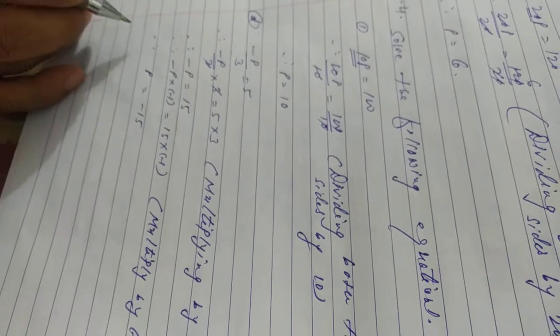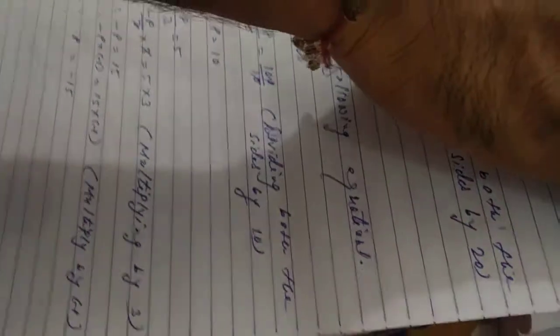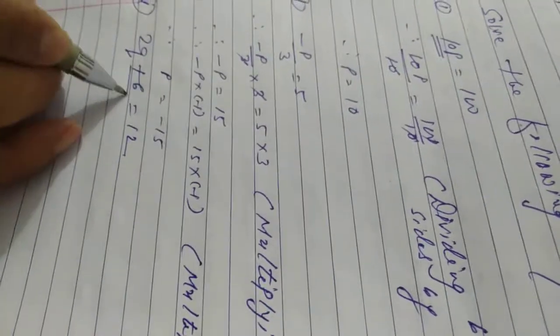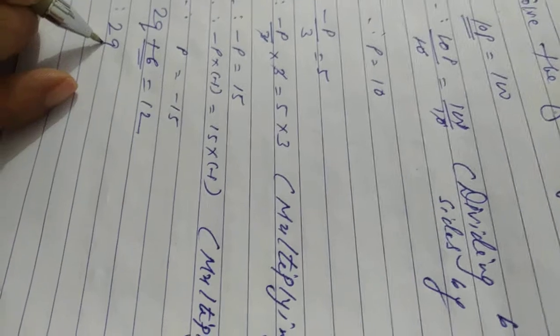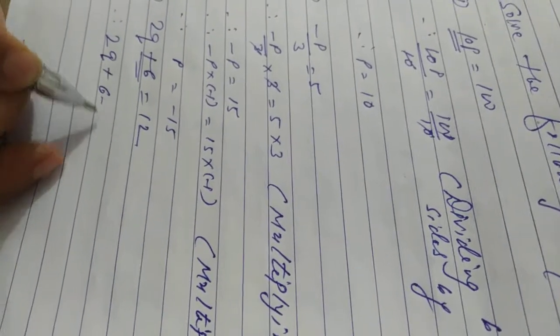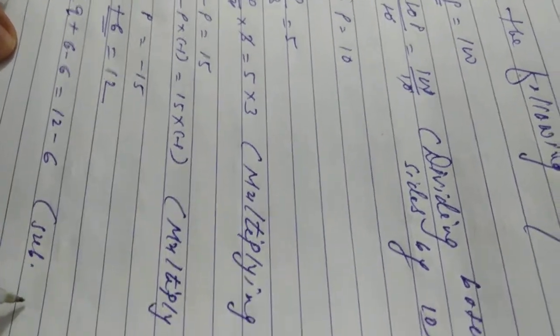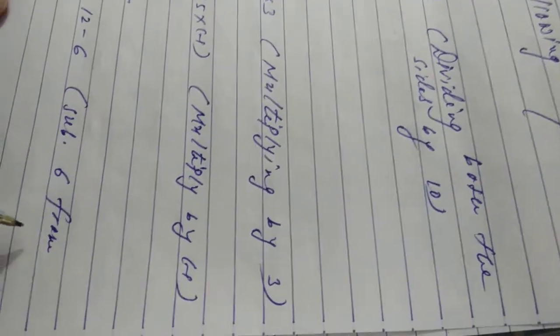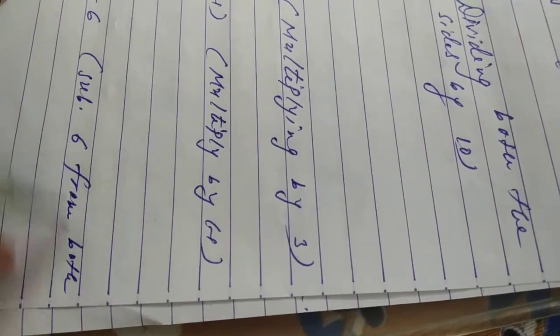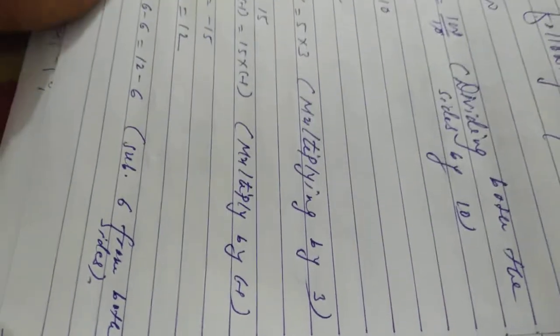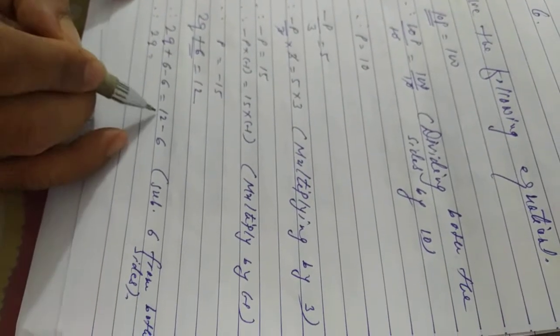So all of you understood? Sure? Good. Now the last one, I will explain to you; the remaining please try yourself. 2q plus 6 is equal to 12. It is in plus. So what do we have to do? Minus: 2q is equal to 12 minus 6. So subtracting 6 from both sides, right? Therefore 2q is equal to 12 minus 6, 6.